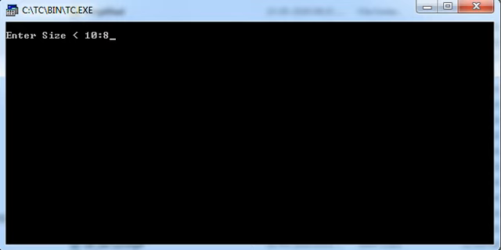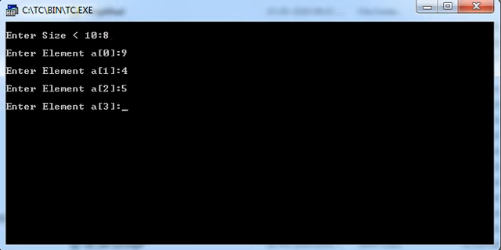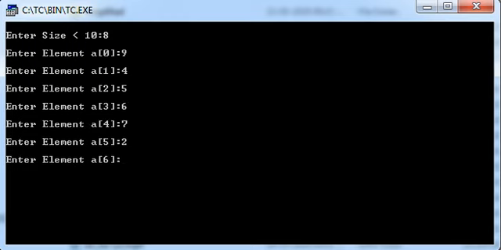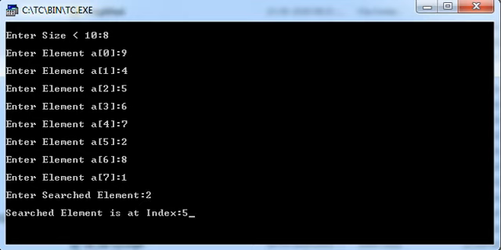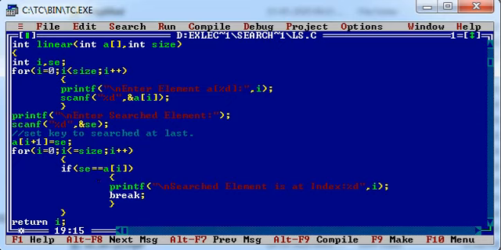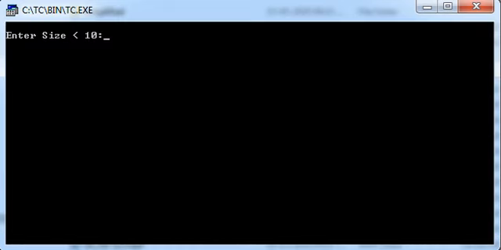Let's say I'm taking 8 elements: 9, 4, 5, 6, 7, 2, 8, 1. Now the element to be searched is, let's say, 2. So it should show me 5. Yes, the search element is at index number 5. One more time we'll try to execute it.